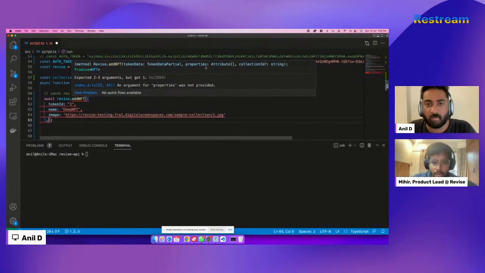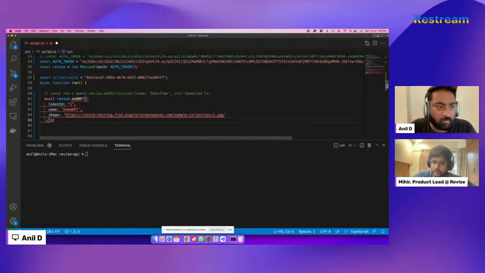And properties are sort of what defines the NFT. Right. For instance, in properties you can set what's the attack points, what's the defense points, what's the stamina, what's the color. Like you can choose what this NFT represents. So I'm gonna go ahead and do that